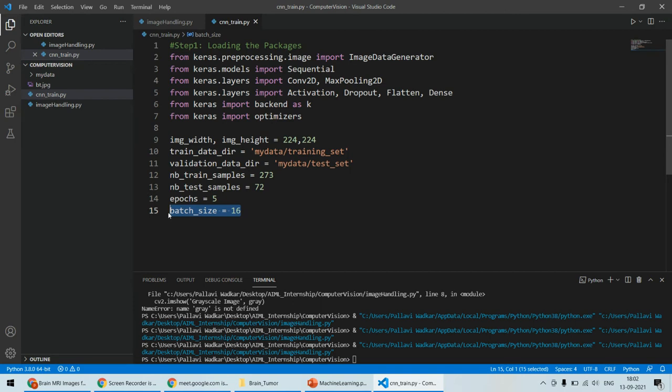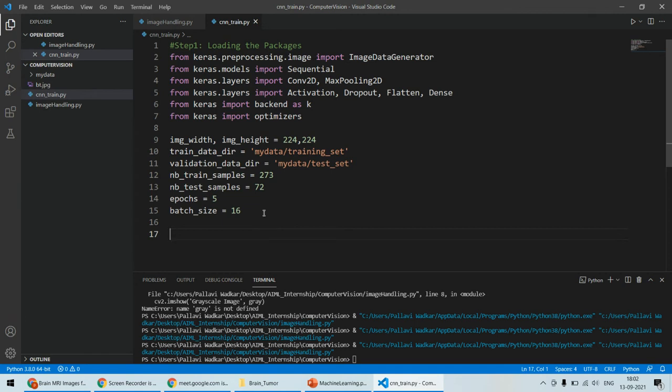तो इसका मतलब है स्टेप्स पर इपोक्स क्या हो गया, एक इपोक कंप्लीट होने के लिए, मतलब टोटल नंबर ऑफ इमेजेस 100 है। तो इसका मतलब है कि 100 इमेजेस यूज की जाएंगी ट्रेनिंग। तो एक इपोक कंप्लीट होने के लिए कितने स्टेप्स लगेंगे, तो 10 स्टेप्स लगेंगे, क्योंकि बैच साइज 10 है। इसका मतलब है एक बैच के अंदर एट ए टाइम 10 इमेजेस को प्रोसेस किया जाएगा। तो 10 स्टेप्स में एक इपोक, एक ट्रेनिंग का राउंड कंप्लीट किया जाएगा। ओके, तो ये हो गया अपना बैच साइज।